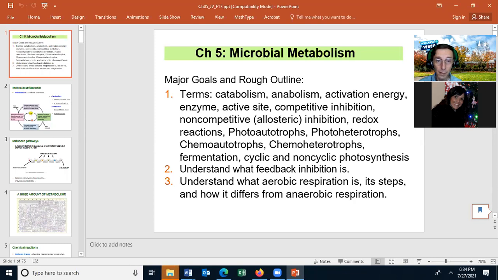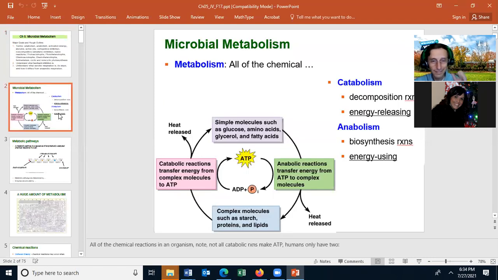We're going to talk primarily about aerobic respiration. We'll then discuss its steps, how it differs from anaerobic respiration, and then we'll discuss briefly anaerobic respiration, and then go on to talk about fermentation, and then lastly, cyclic and non-cyclic photosynthesis. We should come to understand what feedback inhibition is. And of course, you should know aerobic respiration in detail because we will discuss it today. Well, in this lesson, we'll only get started